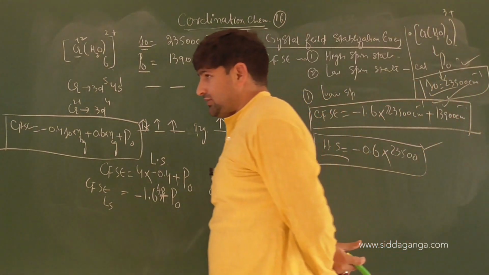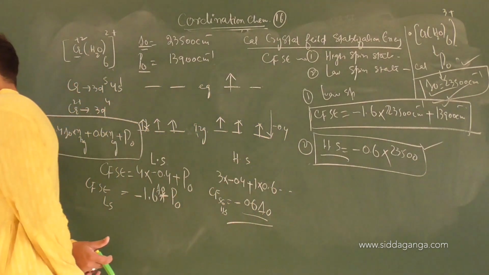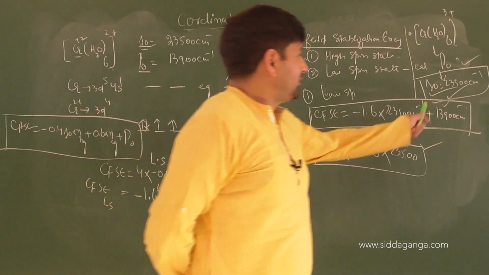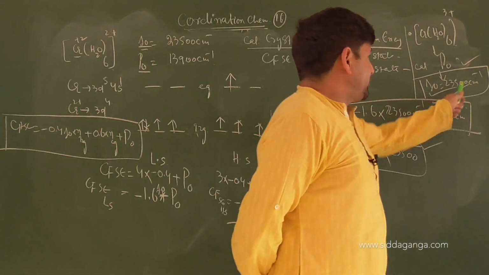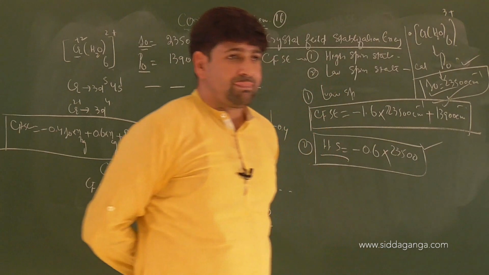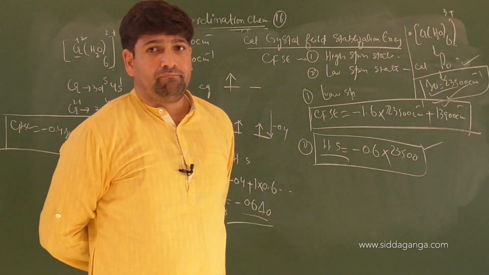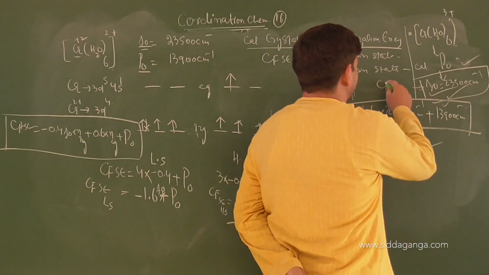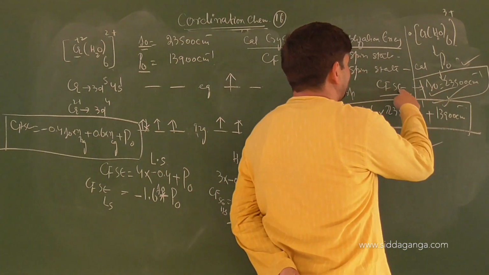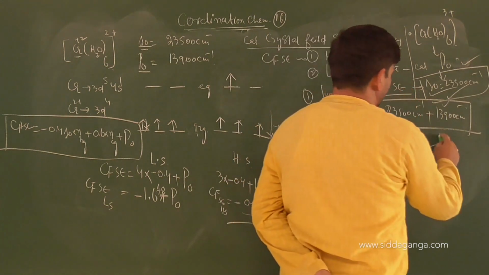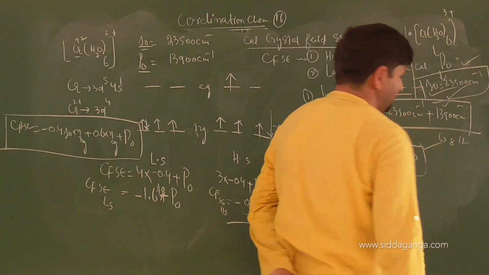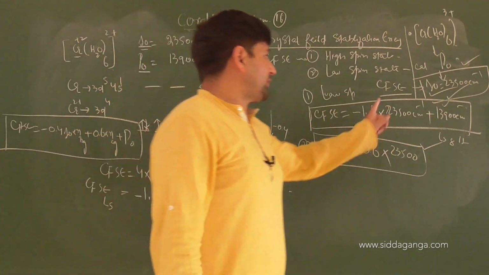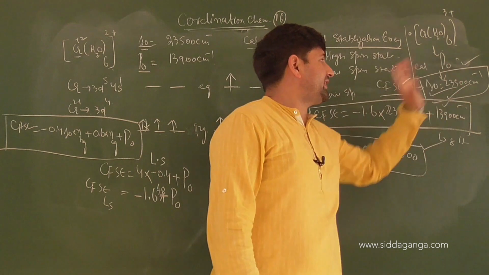I think I have given calculate mean pairing energy. No, you need to find out what? Delta 0 is given. You have to find out the pairing energy there, or rather, you have to find out CFSE. Sorry, find out CFSE. Crystal field stabilization energy you have to find out in the low spin and high spin states. Because for the D3 configuration, low spin or high spin doesn't matter, it is a D3 configuration. So calculate the CFSE for that question when delta 0 is given.